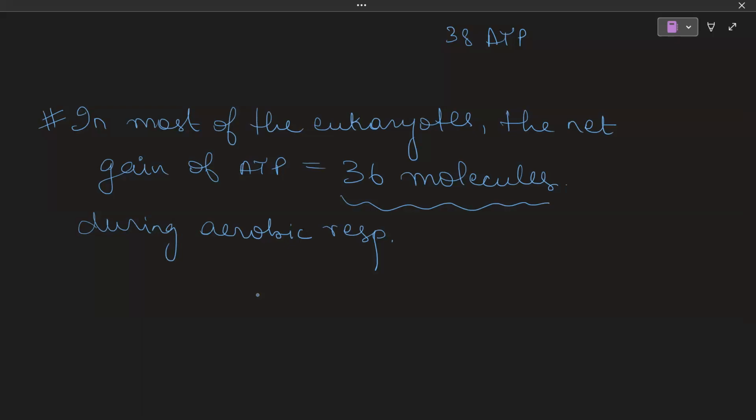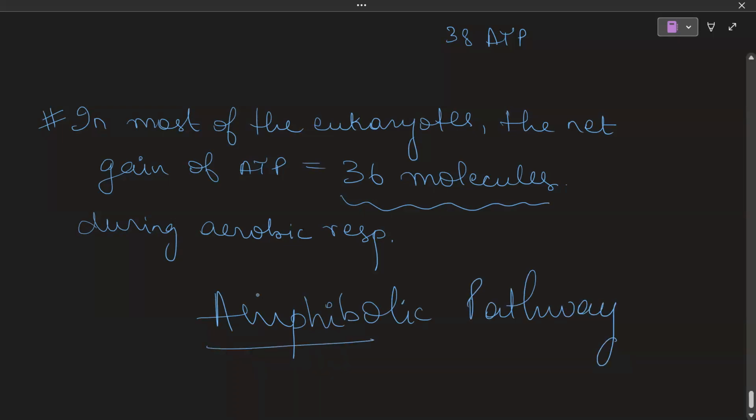Now coming on to the last topic, or the second last topic of this whole chapter, the amphibolic pathway. Again, how many pathways? Amphibolic pathway. Now, before you try to understand what the amphibolic pathway is,